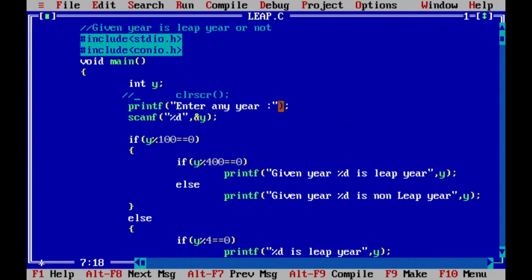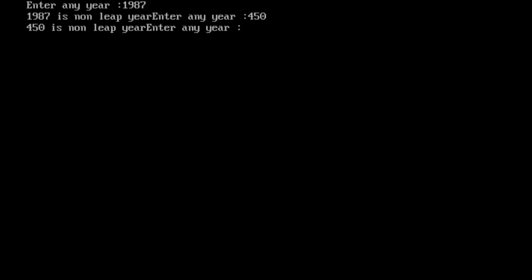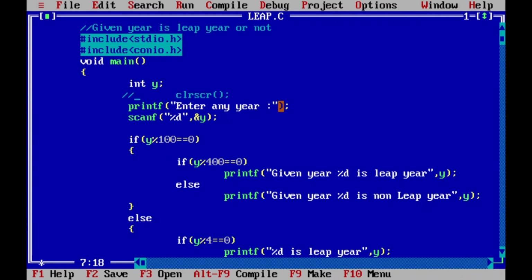Again press any key. Again compile. Execute. See, the previous result is not cleared because there is no clear screen in this program, because it is present in the comment section. That is the use of comments and the clear screen function.